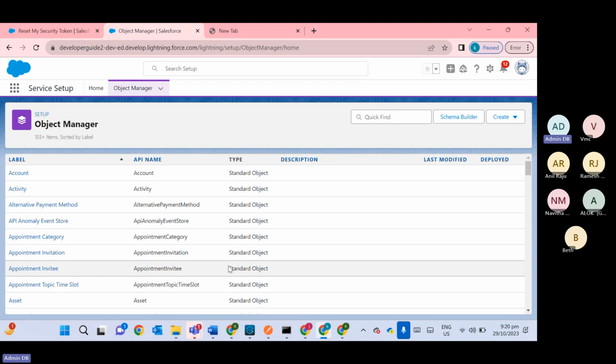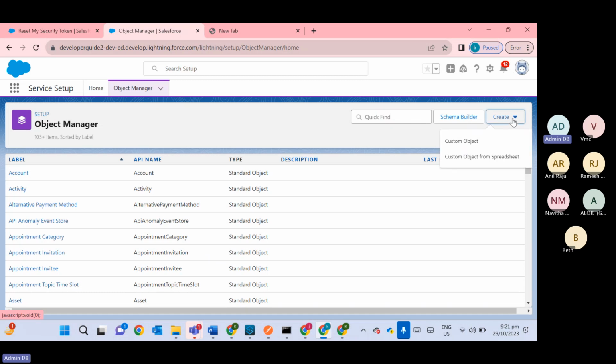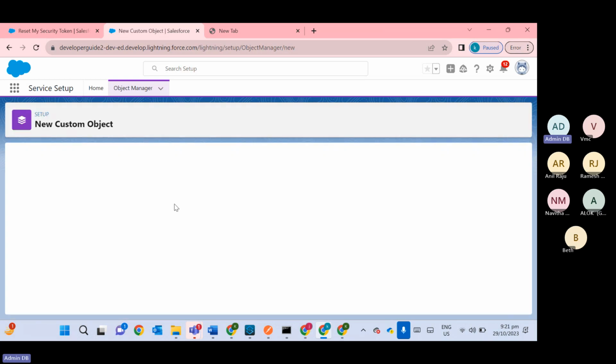And what is an object in Salesforce? It is like a table in a database. Whenever we want to insert data, first you need to create the table and then insert data into it. In the same way, if you want to create any record in Salesforce, first you need to create a Salesforce object, and then inside the object, create the record. These are the standard objects provided by Salesforce. If you want to create a custom object, click on this create drop down, custom object,